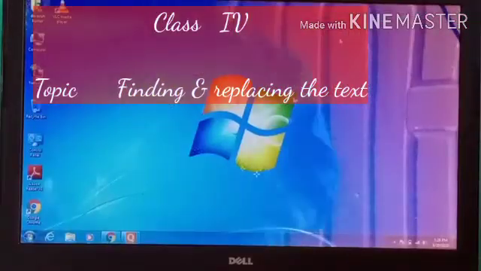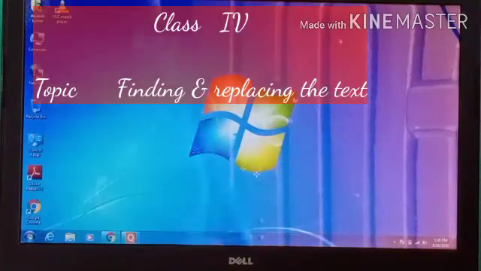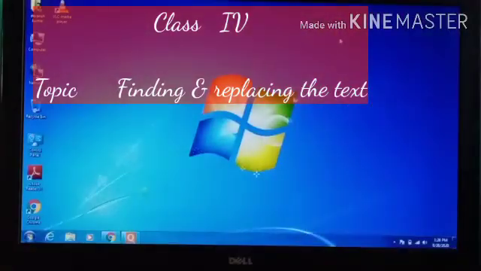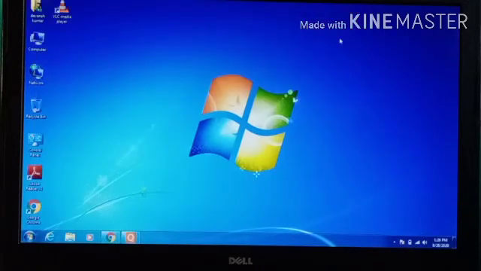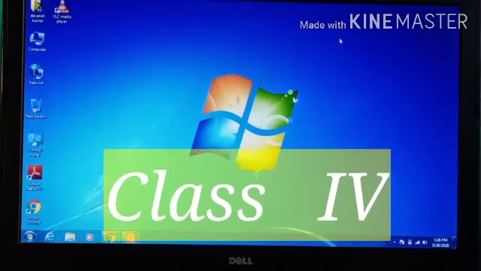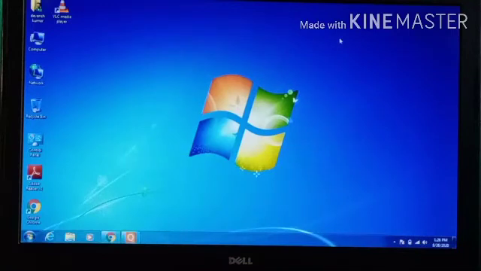My dear students, this is the laptop, and today I discuss finding the text, copying the text and moving the text. So let's start the practical class. First of all, I open Microsoft Office.